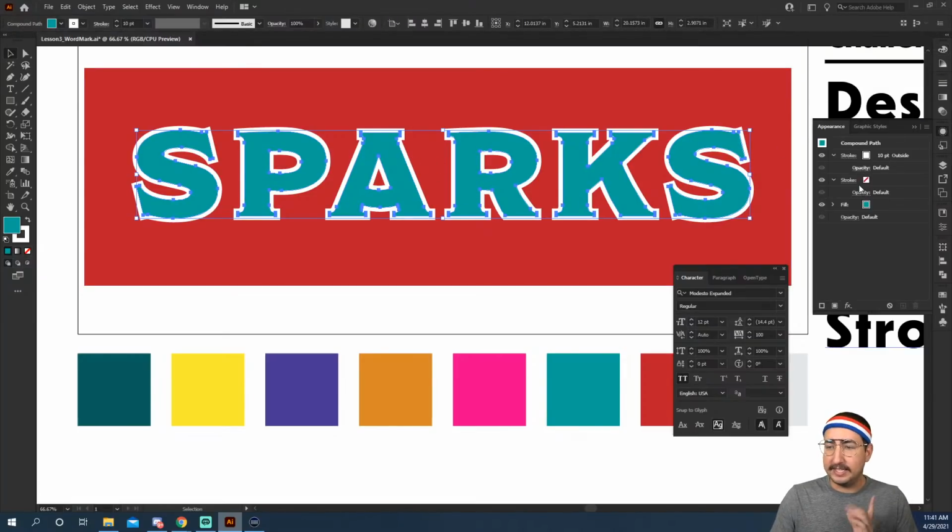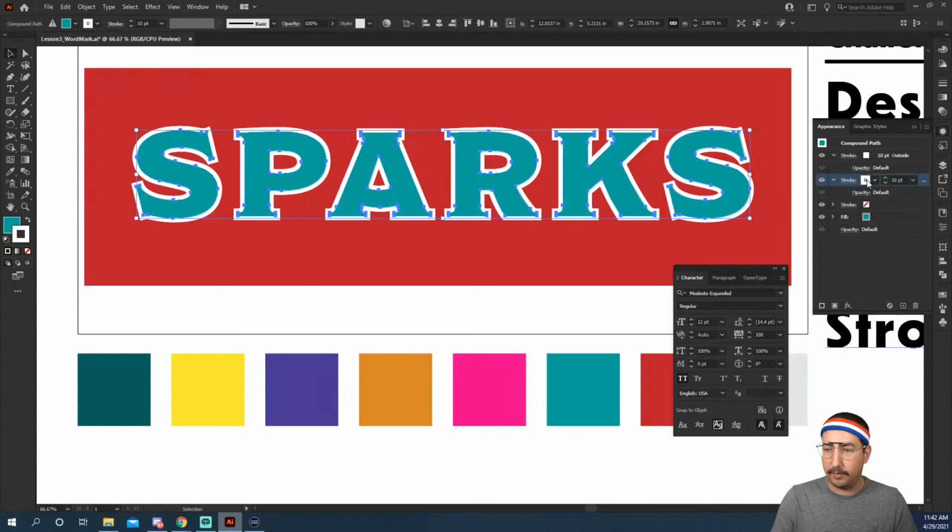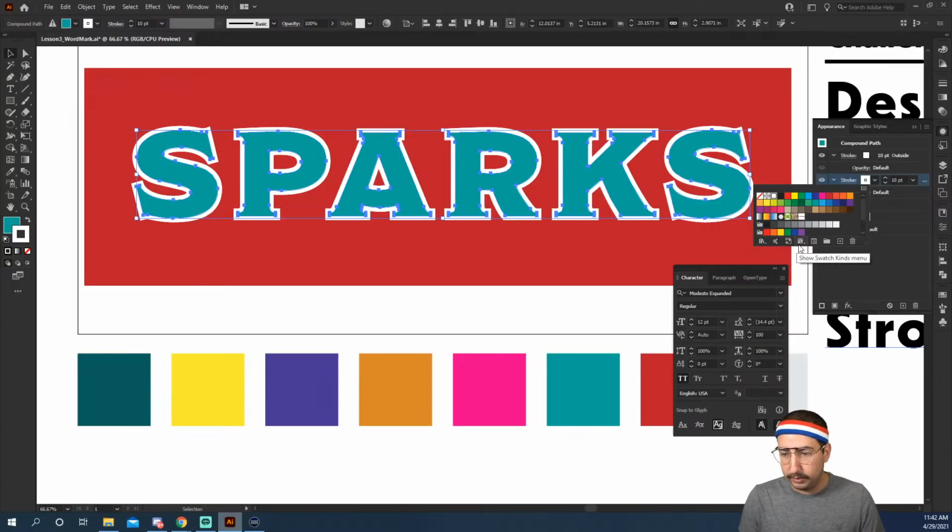So what we're going to do is continue to layer different strokes. So we're going to add another stroke, except we want to drag it and make sure that it is under this white stroke. So we're going to click and drag and it will go underneath that white stroke. So here I am going to go ahead and click, and then we are going to,